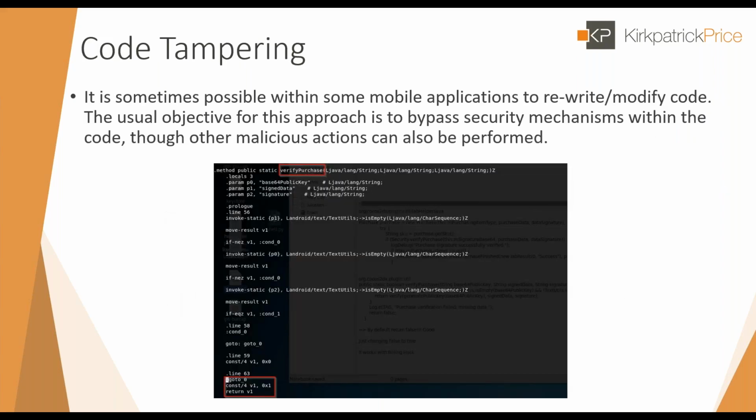So the last one that we'll cover is sort of following that line. It's sort of like a step up, and that's code tampering. This is where you'll really start to see the more advanced mobile testers come into play. If they know what they're doing, and after decompiling the application it gives them enough clean code, or if they're actually rewriting some of the assembly code for it, they can actually patch, rewrite, or modify the code, if you will, and do things such as bypass security mechanisms. I bypassed some of the login procedures before doing this, some of the checks and things like that, which in essence is like a domino effect.